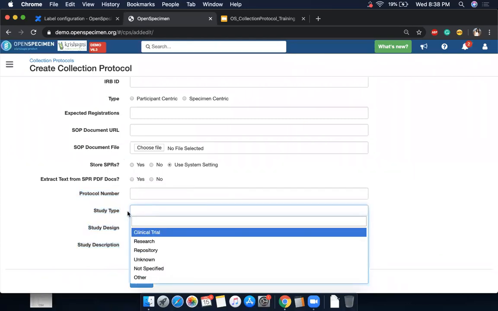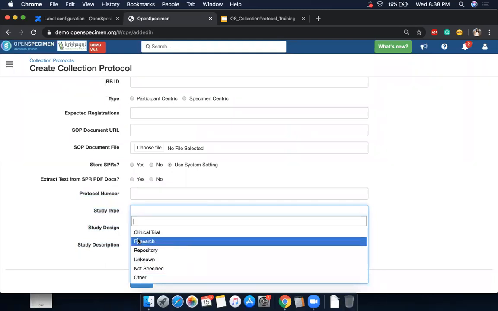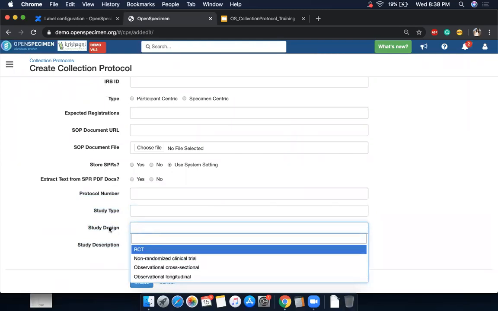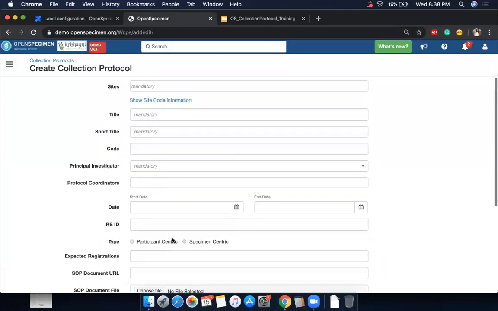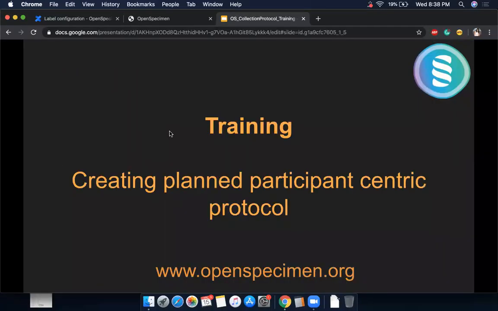For example, they have a study type, which says it's a clinical trial or just a repository, and study design, description. These fields are not in Open Specimen, but you can use the custom forms module to add new fields. And every time you now create a new collection protocol, these fields will be visible and you'll be able to enter the data for them. We'll be covering custom forms in more detail in upcoming webinars, but this is just to give you an introduction of what can be done.